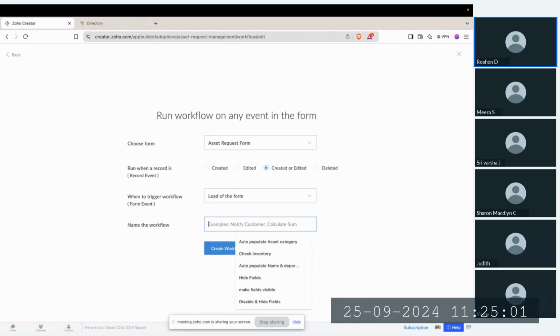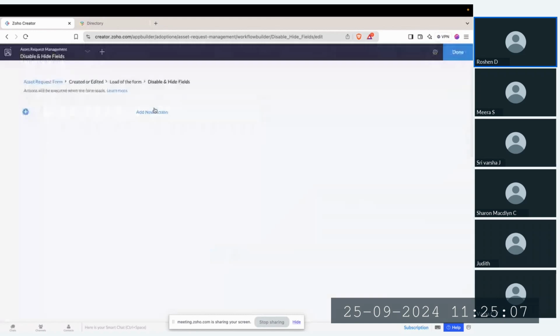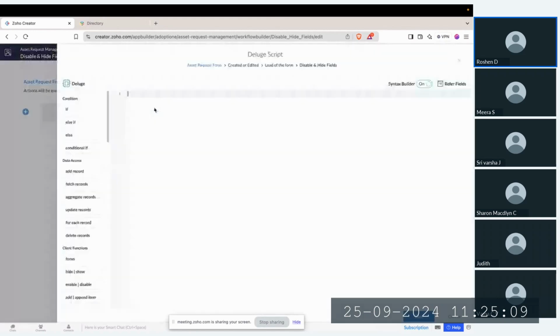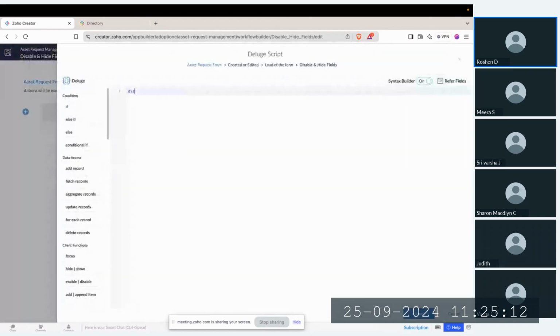So I'll do that. So disable request date, disable employee name,